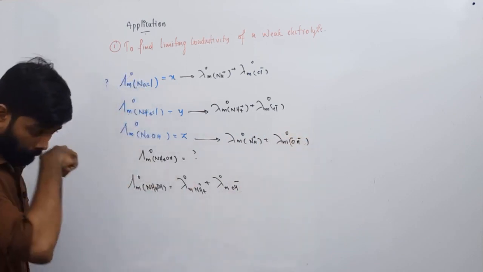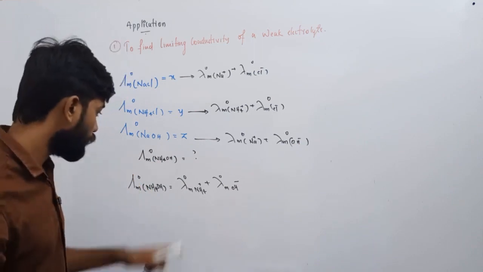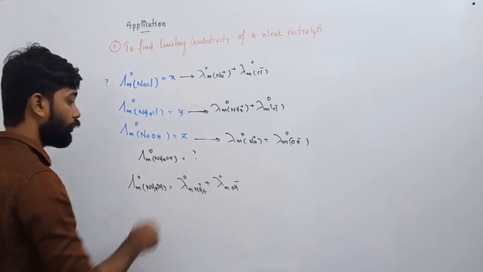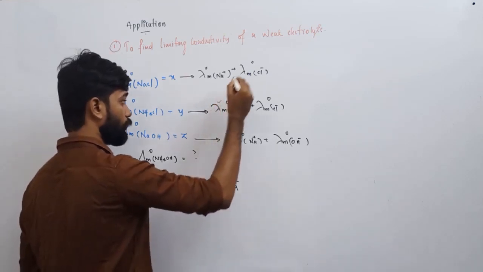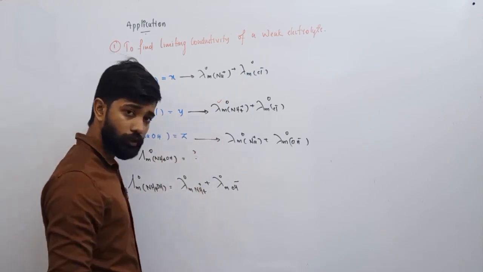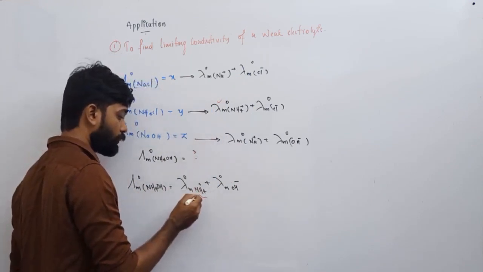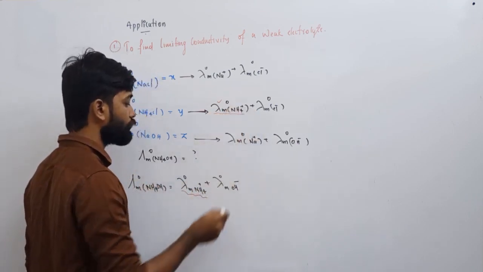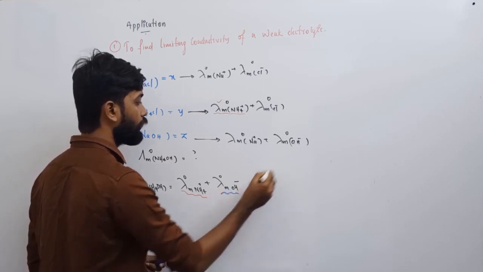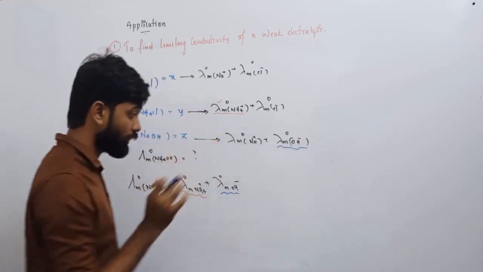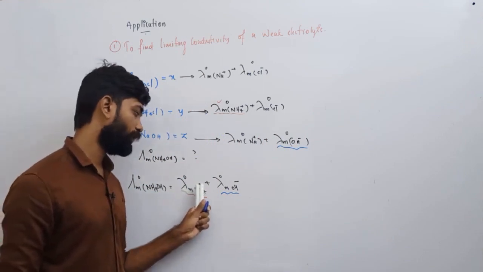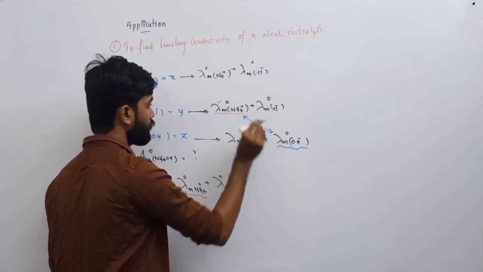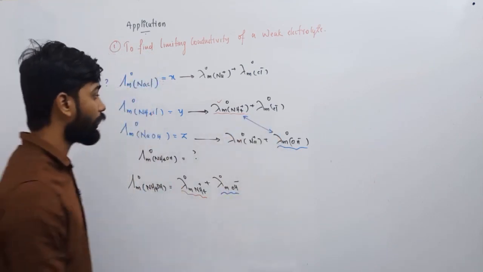So listen here. What do we actually need? We need lambda M of NH4 plus, right? And lambda M of OH minus. So where is your lambda M of NH4 plus? It is in the second equation, right? Whereas lambda M0 of OH minus is in the third equation. So it is clear that we want to add lambda M0 of NH4 plus and lambda M0 of OH minus. So we want to add these two, right? But when you are adding these two